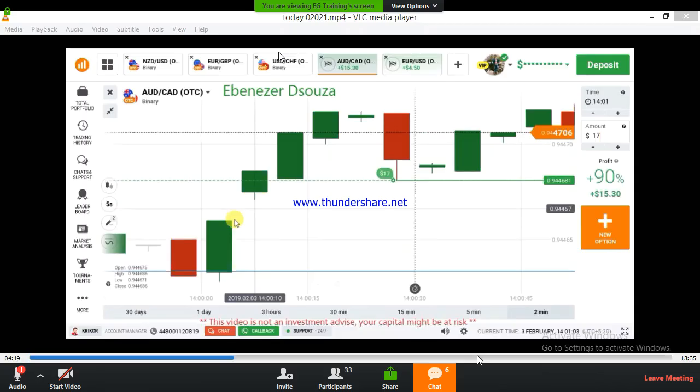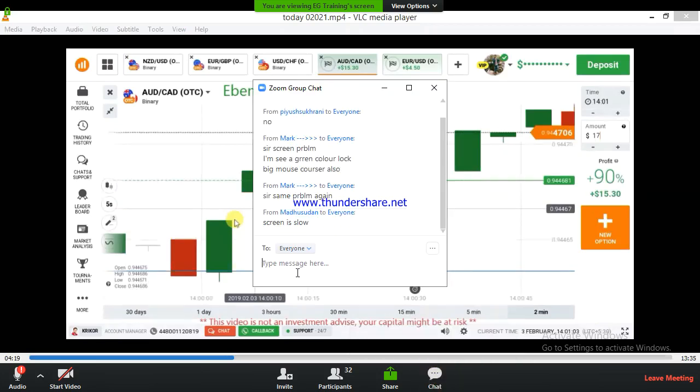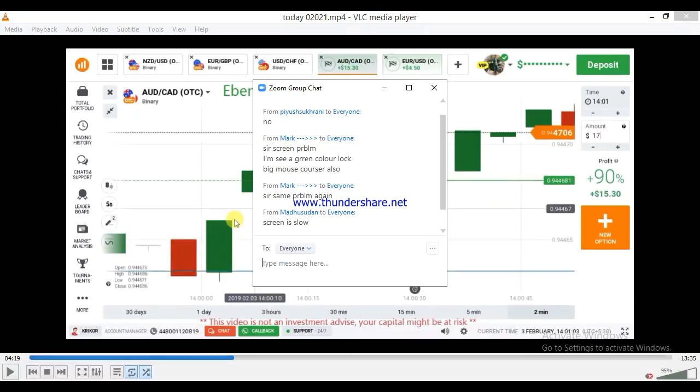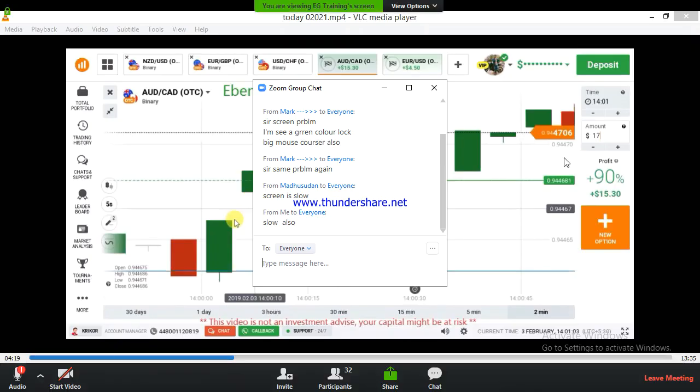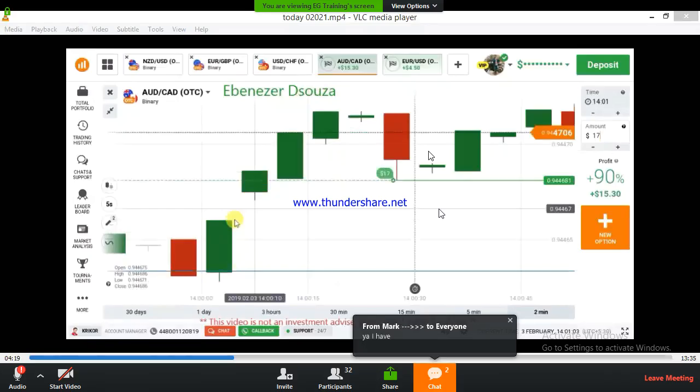Is there any problem with everyone? With my screen? No, sir. Here everything is fine. Okay, good. For me also, I'm facing some network issues here. I think that is the problem here. Yes, sir. It's a kind of slow. Sometimes the screen is very slow, and sometimes the screen goes very fast. Okay, don't worry. I will share the recorded class for revision. Okay, I will continue.